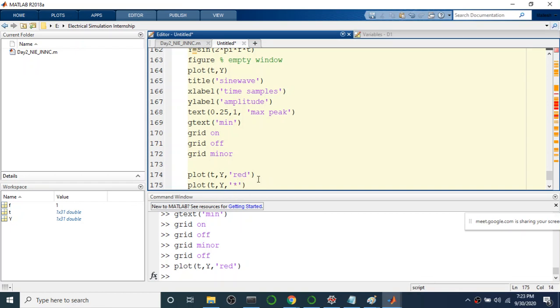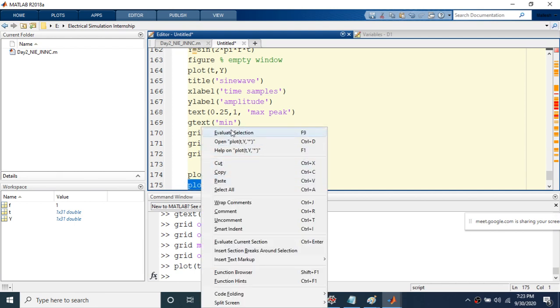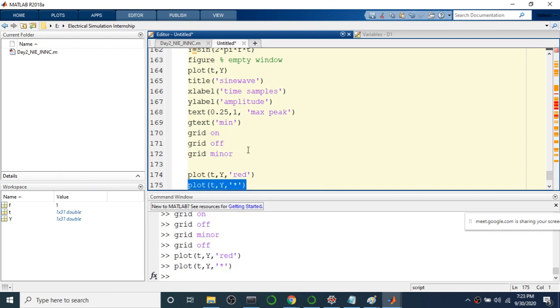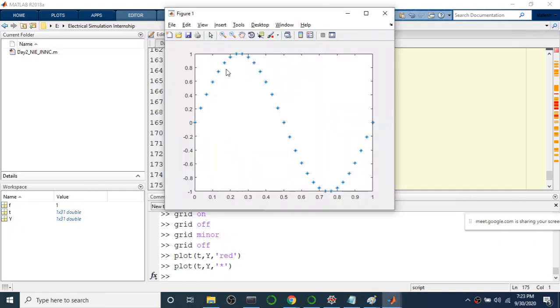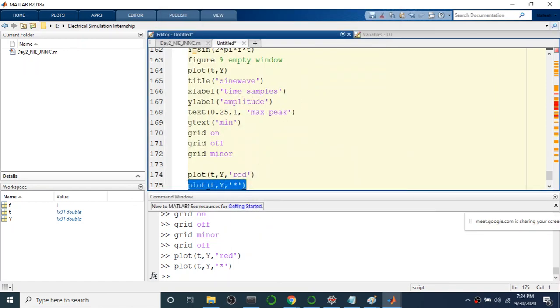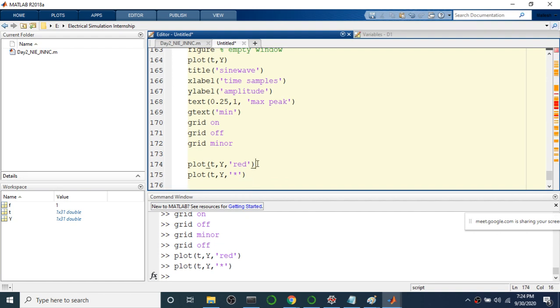Actually this signal has 31 samples. So each point will be marked with a star marker, and it won't connect every point. It is not connecting any of these points. If you want to connect, you can mention the line style here. So this is the color option.